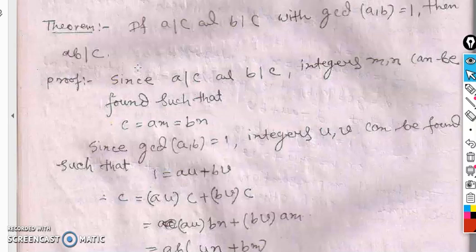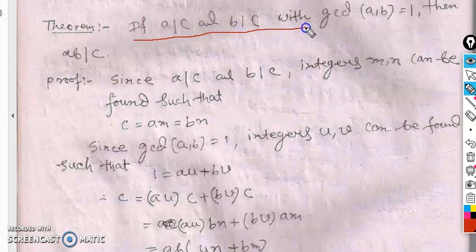In the last lecture, we discussed some theorems related to GCD. In this particular lecture, we also discuss some more theorems related to GCD, which will help you very much in your logical view. So let us start the lecture. This theorem says if A is a divisor of C and